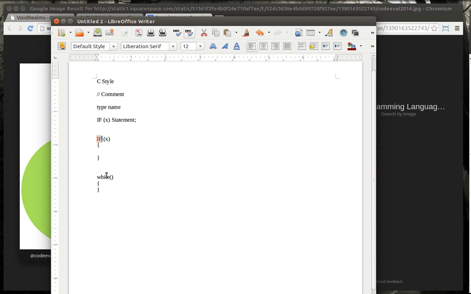It's got a command, if or while, and then we give it a statement x, and then you've got a scope. So while x, and we could say while my age is 40, while it's nighttime, while I'm happy, while I'm hungry, etc., etc. And then it'll execute that scope. Or you could do a do while.